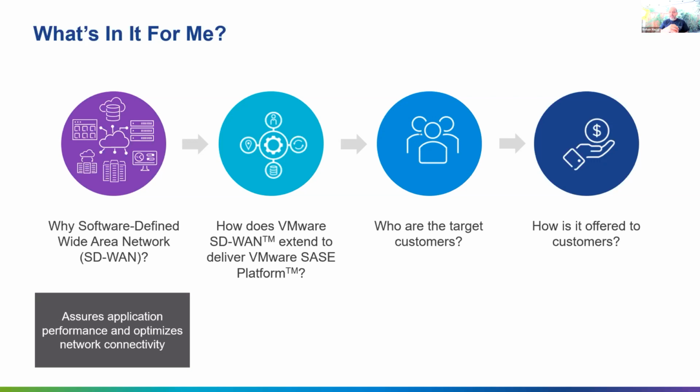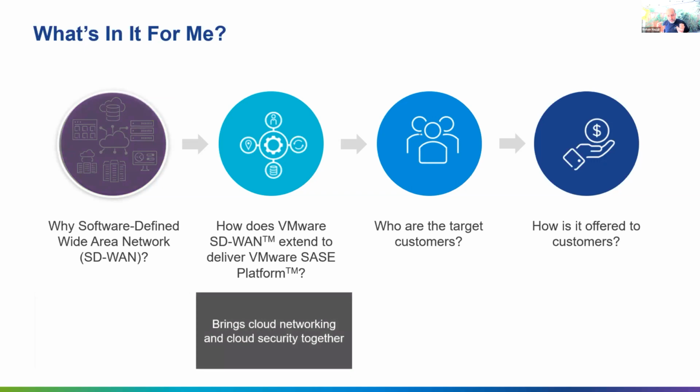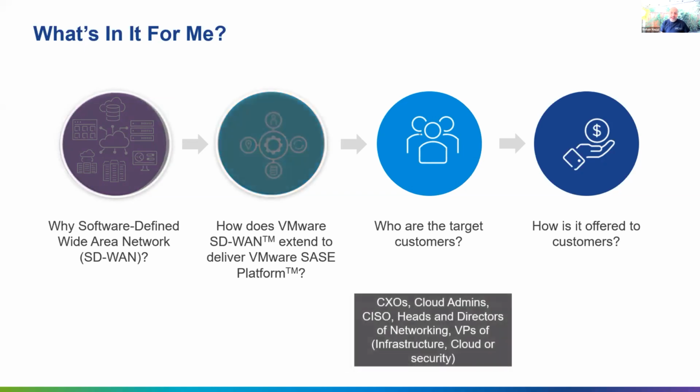And even when your traffic is in path on your WAN circuits, and if there is any WAN impairment like latency, jitter, packet loss happening, it will take care of it. And then at the end of the day, the user experience will be much richer. That's the key to software-defined wide area networking. And where this SD-WAN journey is taking into SASE, that's where SD-WAN provides that networking piece to the SASE, and then we are converging security into it. So security and networking together builds up the VMware SASE platform.